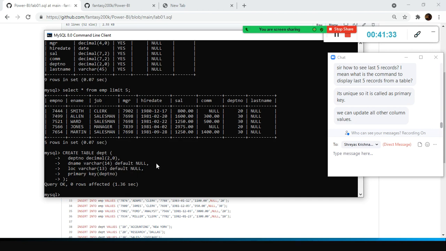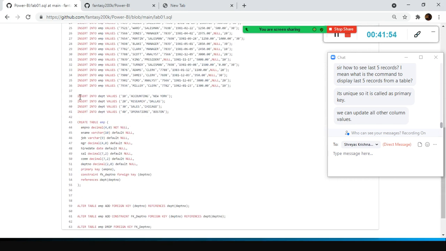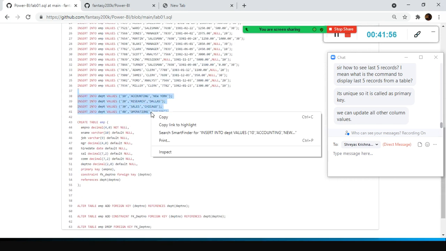So each table has a primary key. The department table has a primary key, but here the primary key is depart number, because depart number should be unique for this table. Employee number should be unique to the employee table, but employee name need not be unique, right? Fine. The next one is department name.